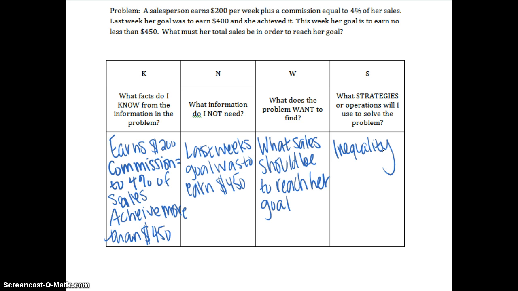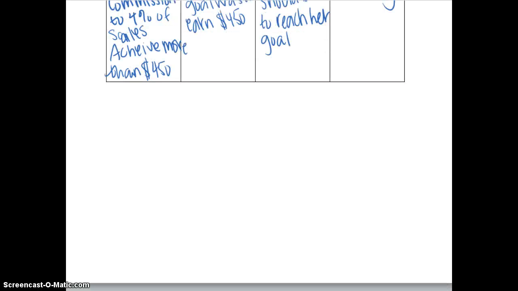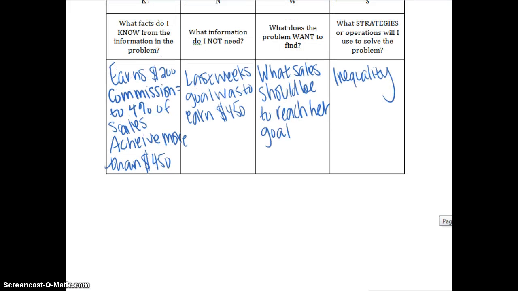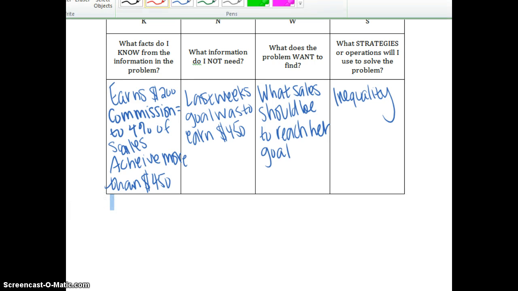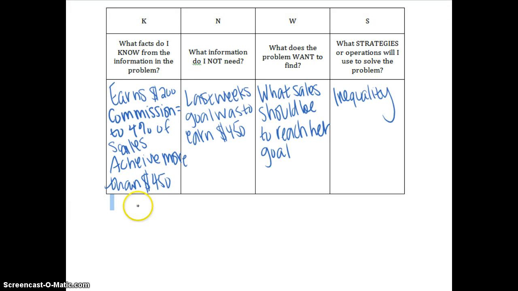Okay. So now what we need to do is figure out what the variable would represent. We're going to set up the inequality. So you need to identify your variable. So what does your variable represent? The total sales. Because that's what we're looking for, right? Let's get the pen here. Okay, so X would be